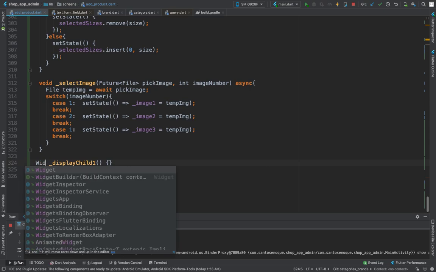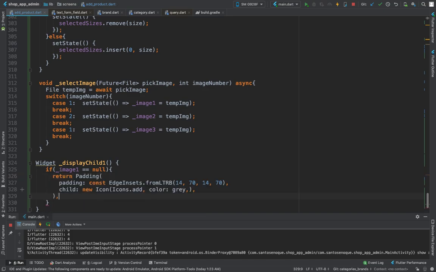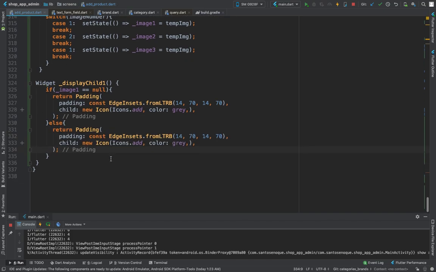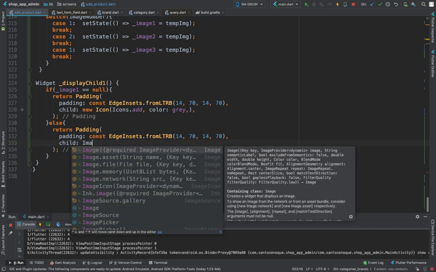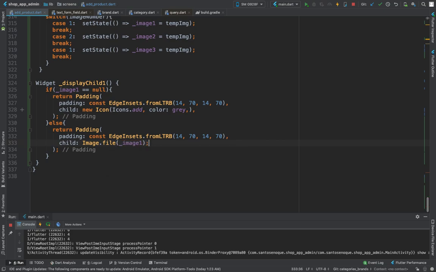Of course this method will return a widget, and in here we are going to say if img1 is null, we will return this. Else we will return. So if the image is not selected, we are just going to return that plus icon, and if the image is selected in here, we will want to return image file image1. Okay,